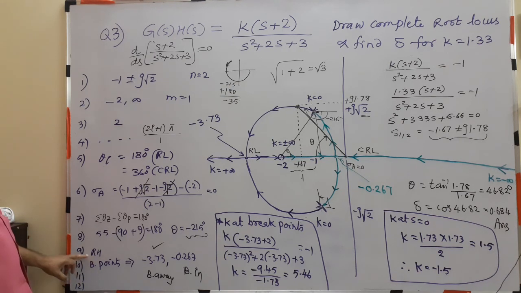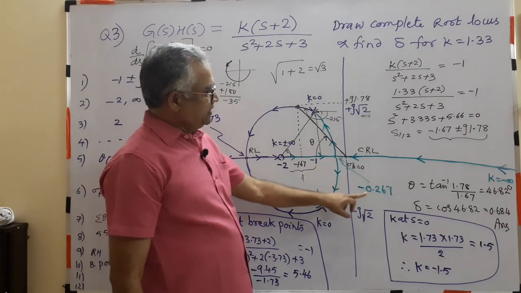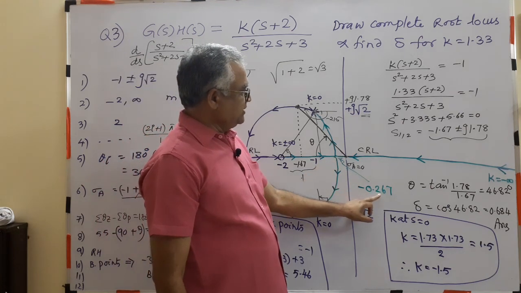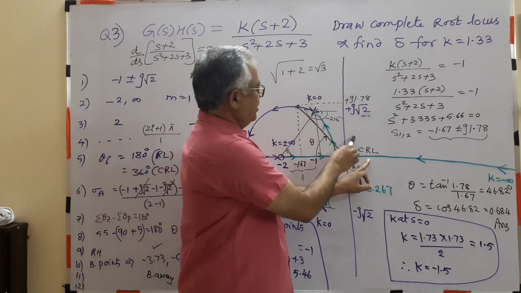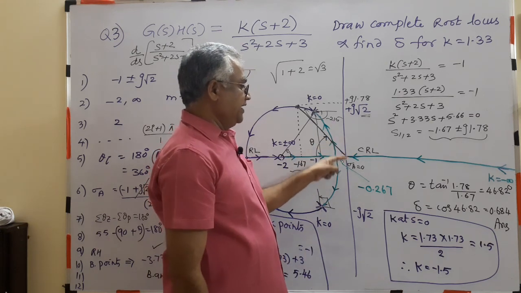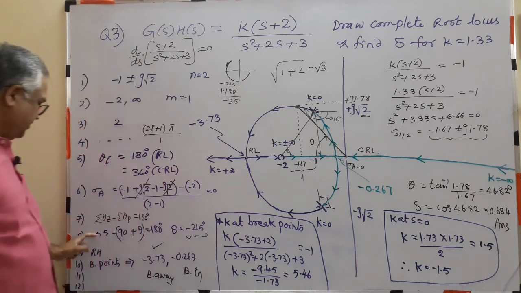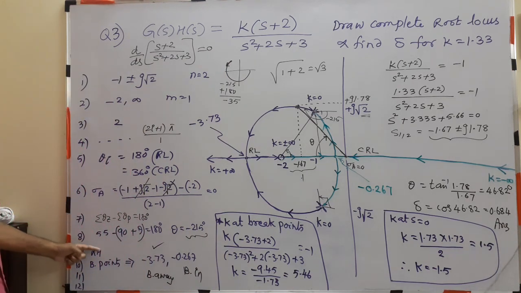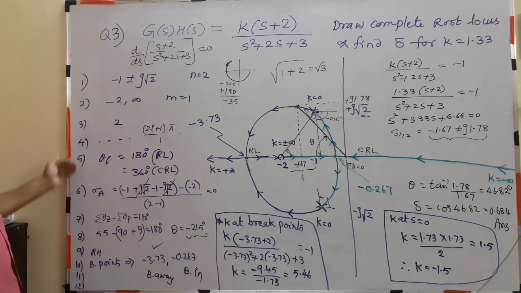So this RH criteria I am not applying because this point is negative. If this point is positive, I could have located it here, drawn like this, then intersecting here and here. If it is intersecting, where it is intersecting, I will find using RH criteria. That's why this 9th point I am not using. 11th I already applied, 12th also applied. So all 12 points applied.